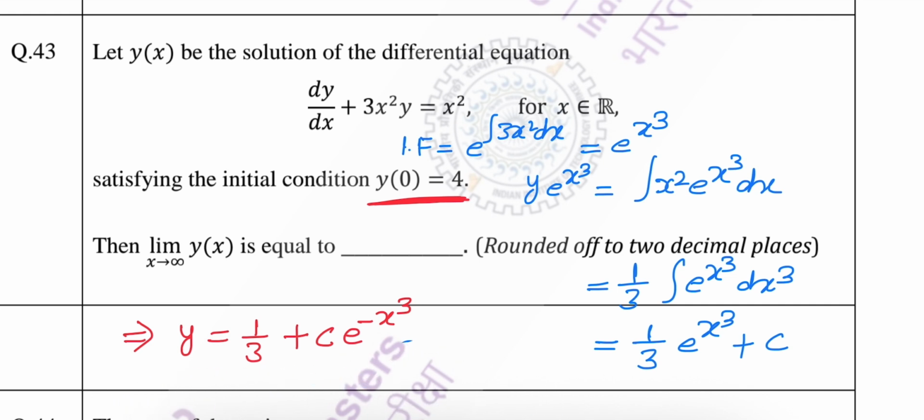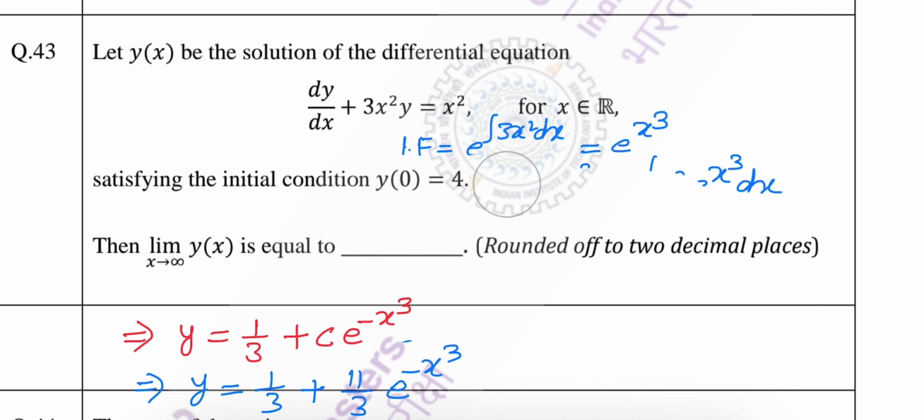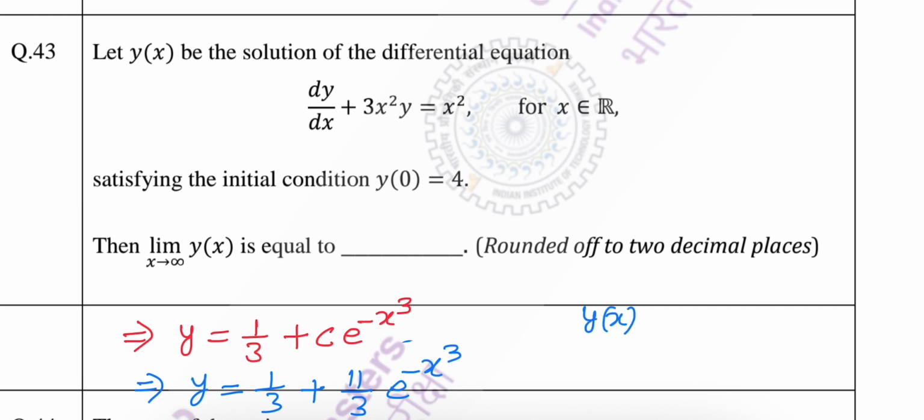Remember this value, I am going to put that value here. y equals 1 by 3 plus 11 by 3 e to the power minus x cube. Okay, now this can be written precisely as y(x) equals 1 by 3 plus 11 by 3 e to the power minus x cube,